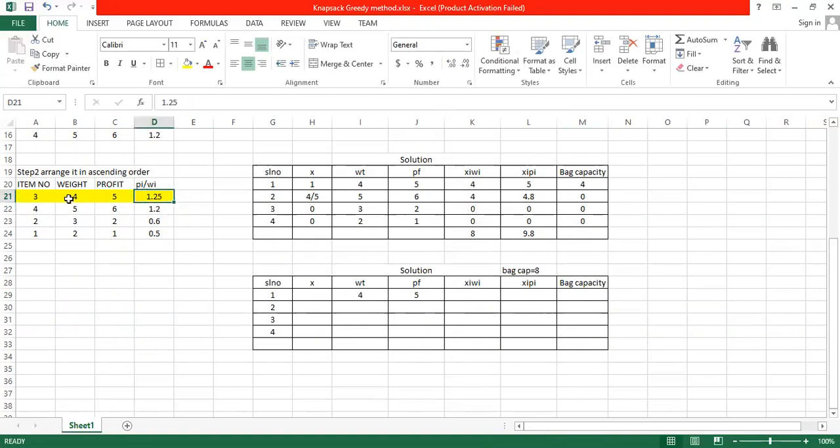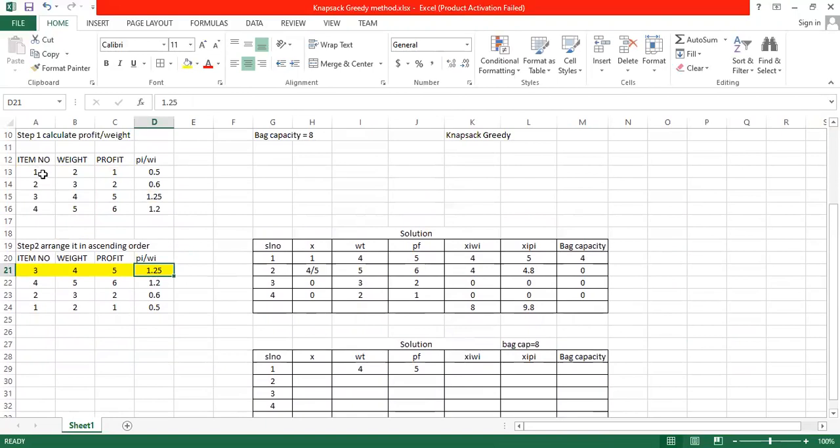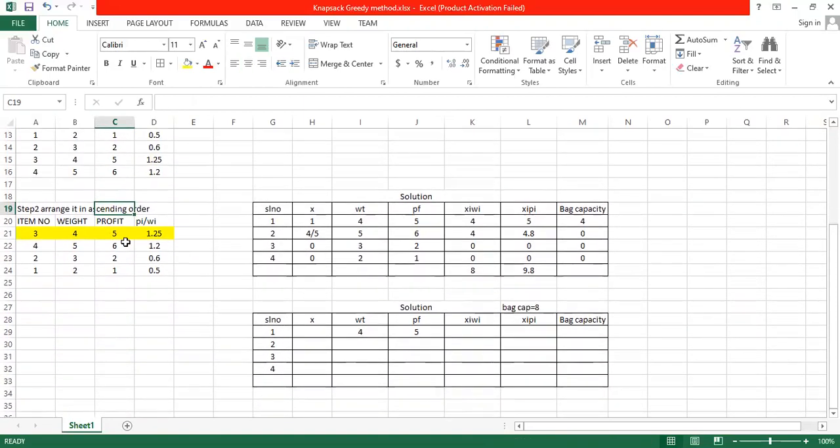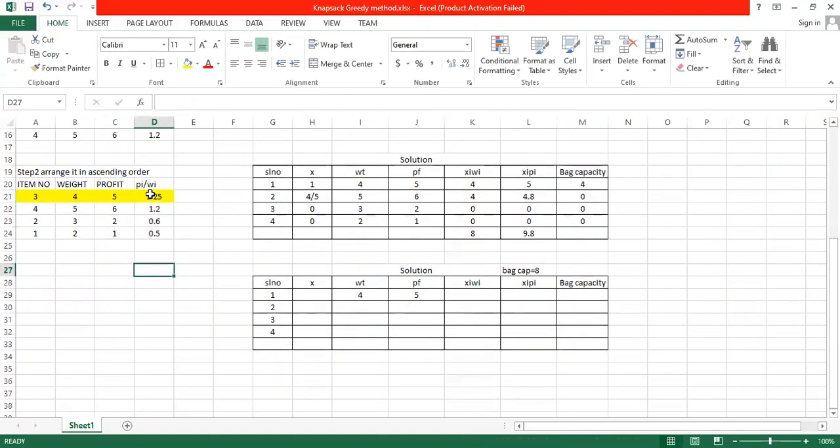Now you don't take item 1 as this one, because we have to arrange it in order of profit divided by weight of each item. According to that, take the highest value. Now this is my item number 1.